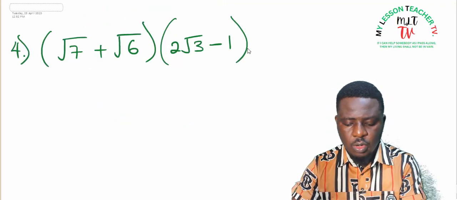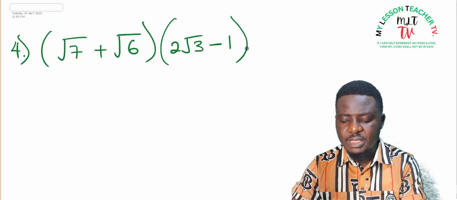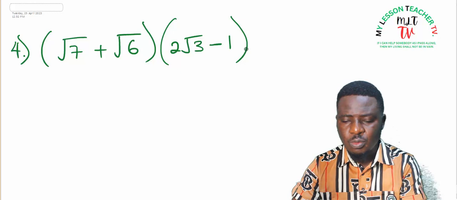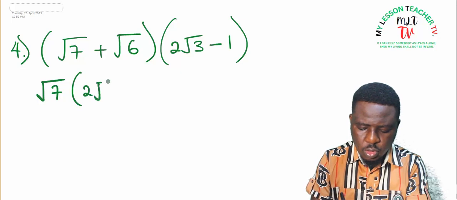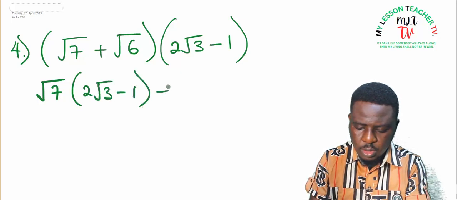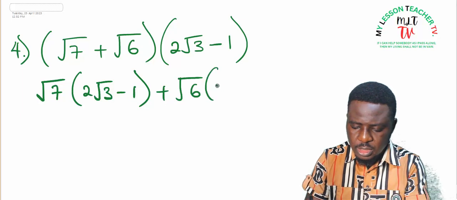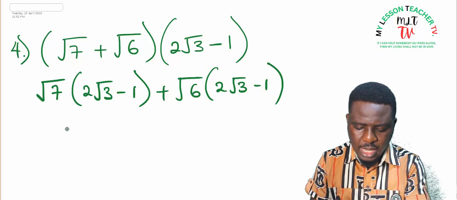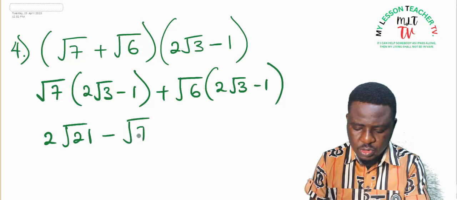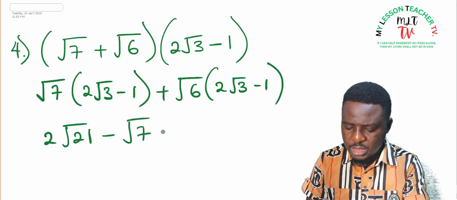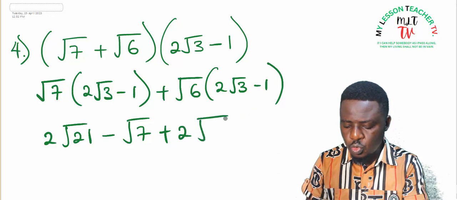4. Root 7 plus root 6 into 2 root 3 minus 1. You split one of the brackets into 2 and use them in turn to multiply the second bracket, leaving us with root 7 into 2 root 3 minus 1 plus root 6 into 2 root 3 minus 1. Then when you expand this bracket, it gives you 2 root 21 minus root 7. Do the same to the second bracket, it gives you plus 2 root 18